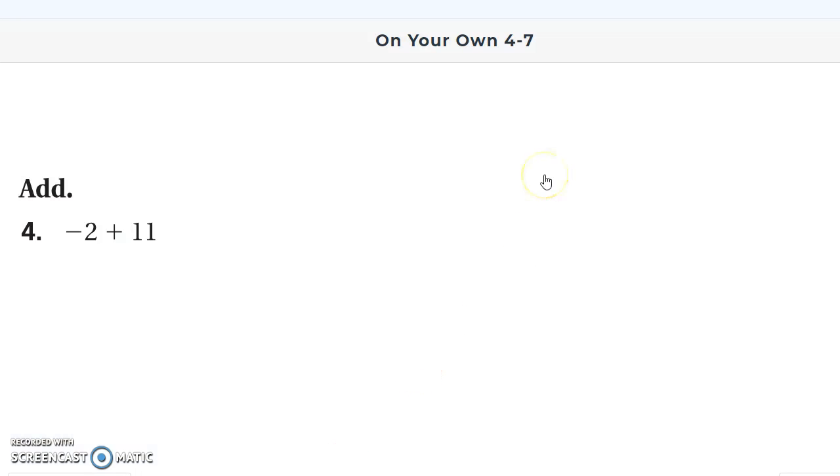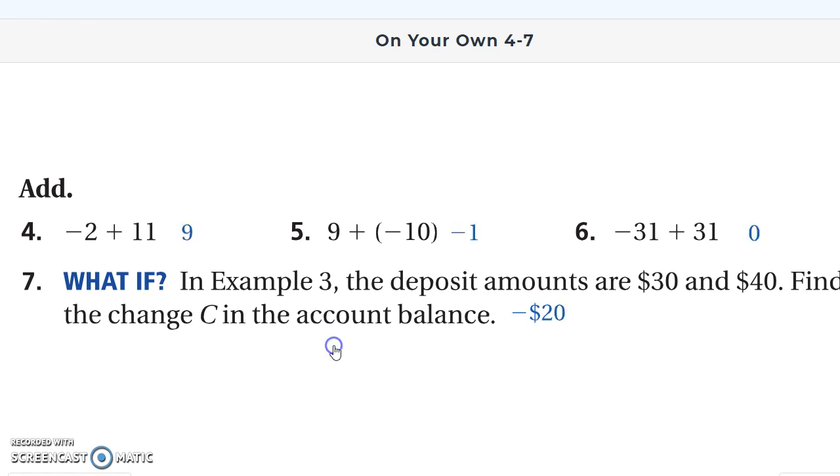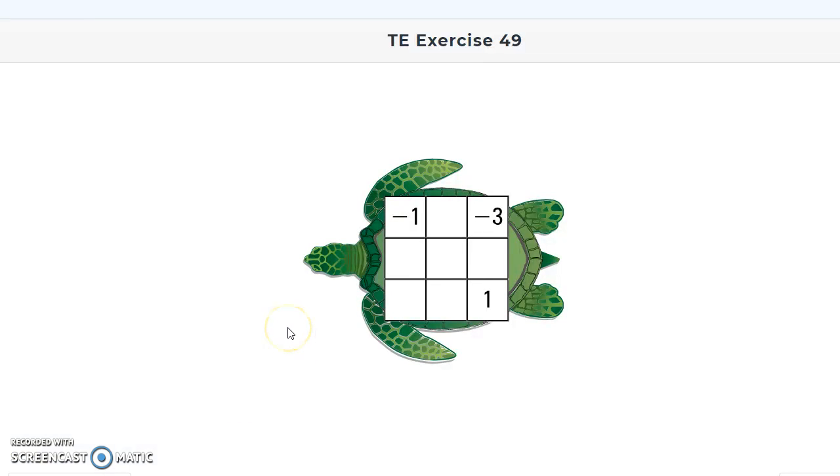Let's do some practice. Try 4, 5, and 6, please. See how you do. I bet you have 6 figured out already. Pause the video, give them a shot, and then check your answers. Great job. Okay. Lastly, if you attempt the bonus, which is number 49 in 11.2, we have a magic square,